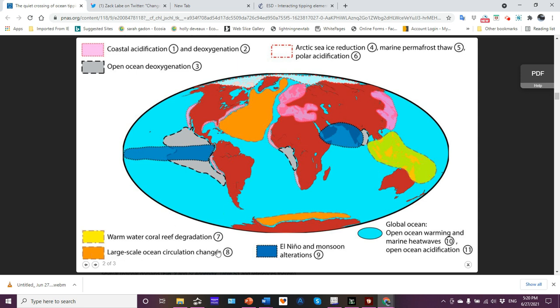Large-scale ocean circulation changes. All right, here's the North Atlantic, right? We know this is where the deep water formation begins. This is being affected. This is slowing down. We're not getting the conveyor belt. We're not getting the sequestration of CO2 and heat, as well as oxygen, to the lower depths that the ecosystems at depth need. That oxygen, and the removal of CO2 and heat from the surface to depth, is a help in mitigating warming effect.